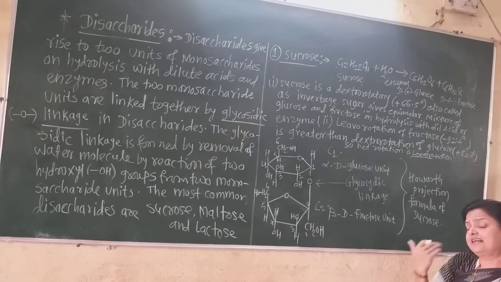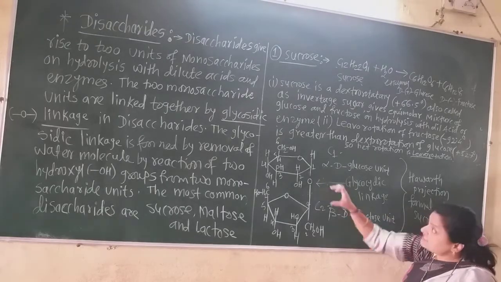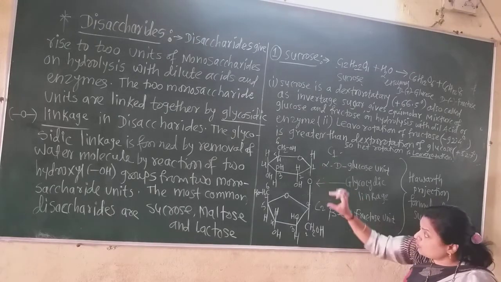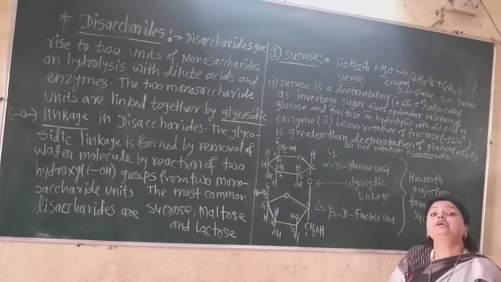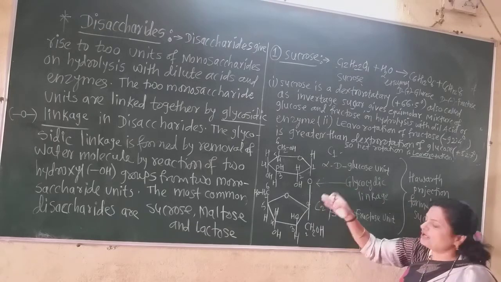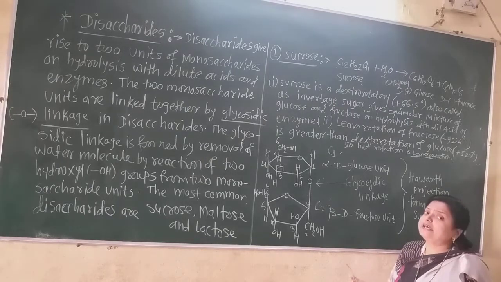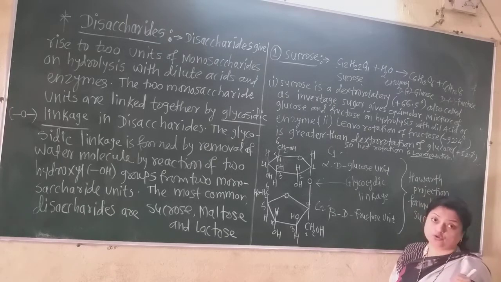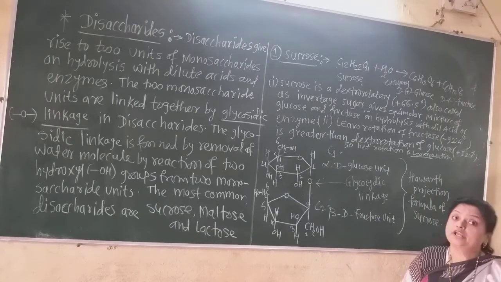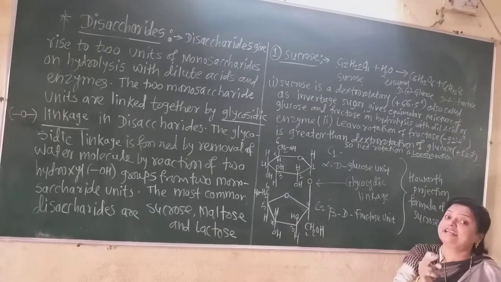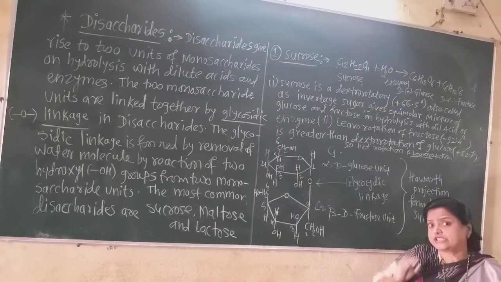We know that there is the aldehyde group in glucose, but when they form this glycosidic bond between the two, that is glucose and fructose, what happened? The aldehyde group is converted into the glycosidic bond. So there is no aldehyde group. As there is no aldehyde group, therefore it is not a reducing sugar. Because glucose is a reducing sugar. In glucose there is the aldehyde group in which the hydrogen atom is directly attached to the carbonyl group, and due to that hydrogen atom, glucose is a reducing sugar.